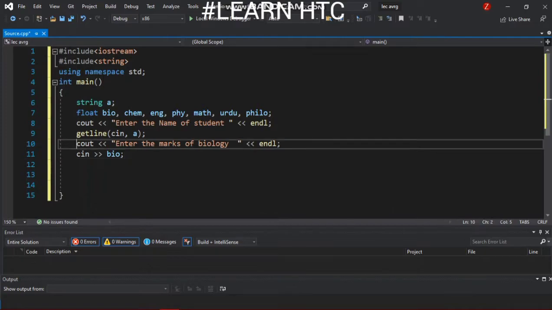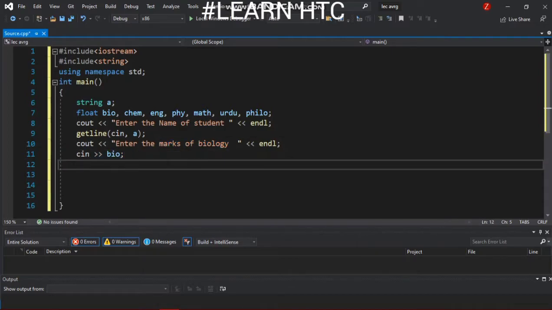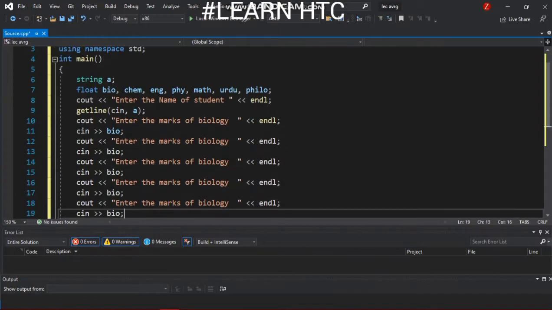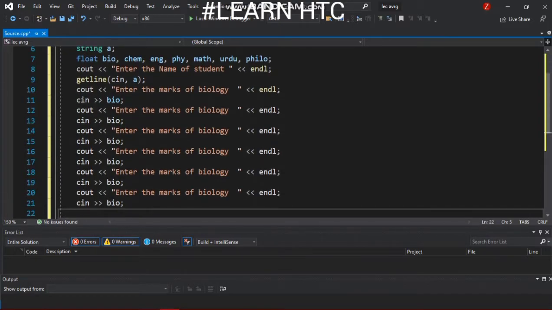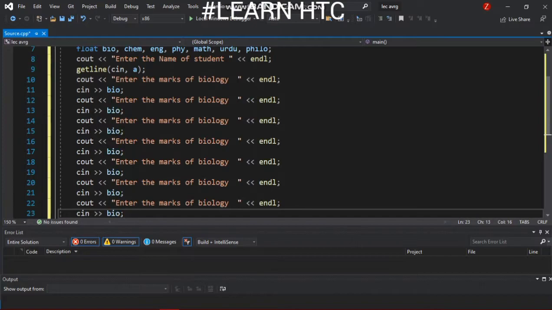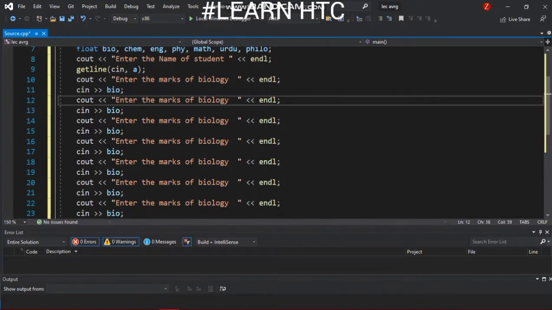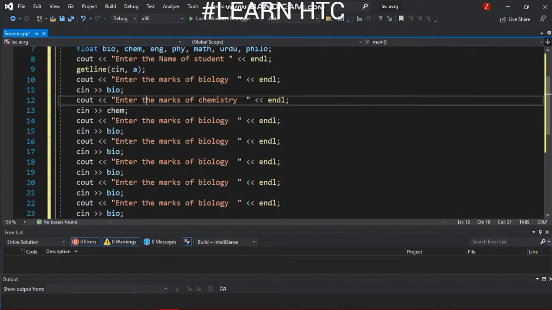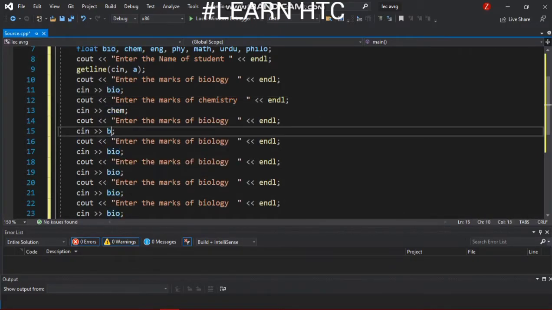Now we do the same for the others. We will copy it and paste it for the others. Now first for bio, then for chemistry. Here we also add chem. Now the chemistry marks will be stored in the chem variable.